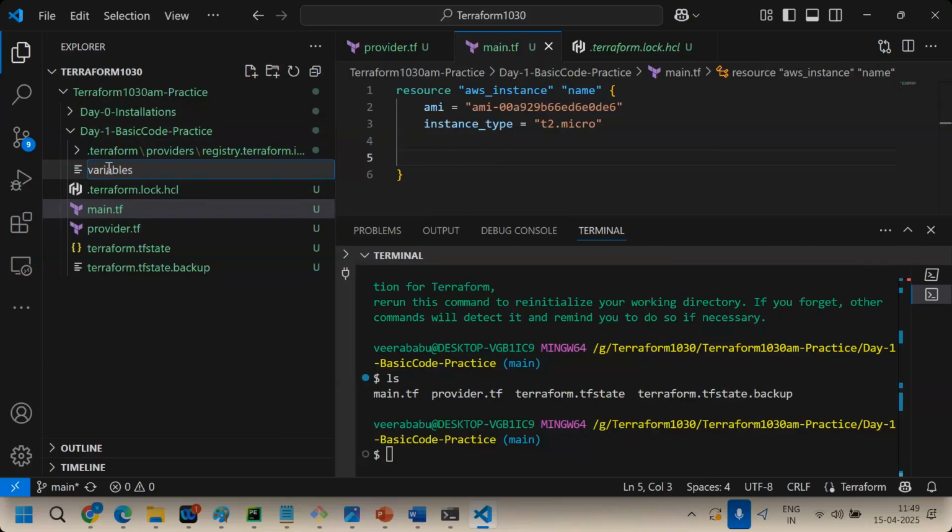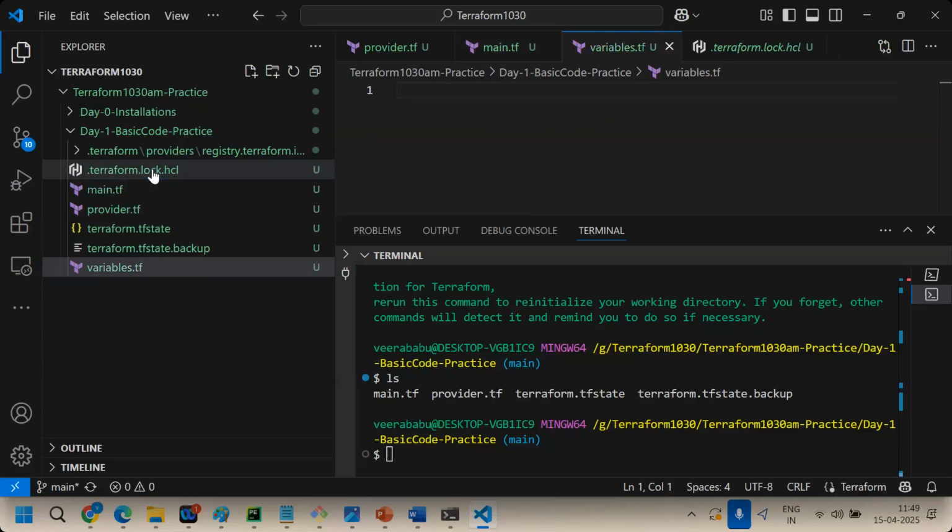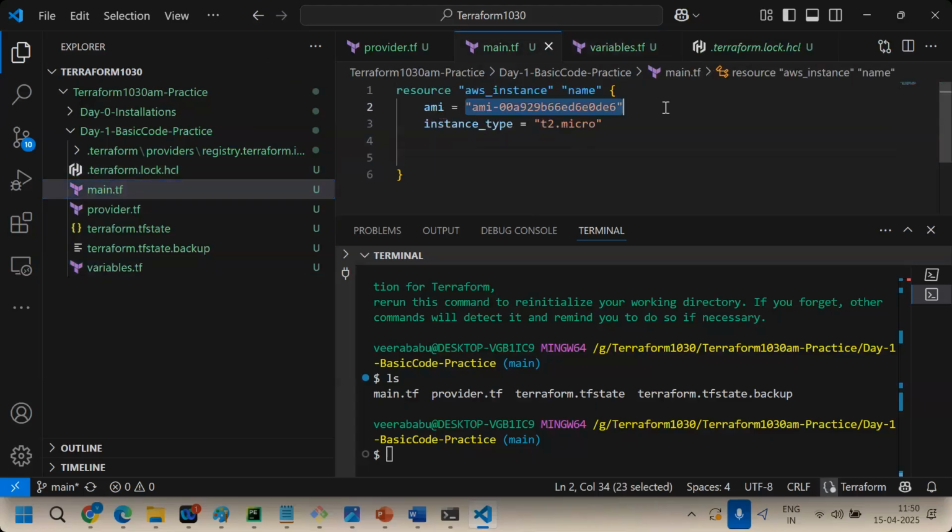So, variables, not resources. Resources, plugins. Resources means you are creating. Variables.tf. Okay, what is variables.tf? Instead of hardcoding the values, we can variabilize the values. We discussed that already. So in this case, in my main.tf, the AMI is hardcoded or not? Instance type is hardcoded or not? I will write variables for these two arguments and pass from the variable. Okay.